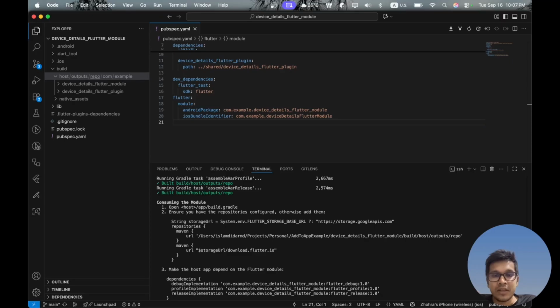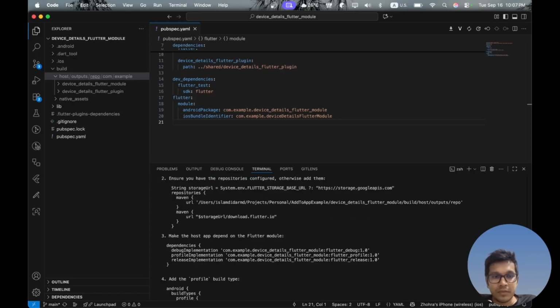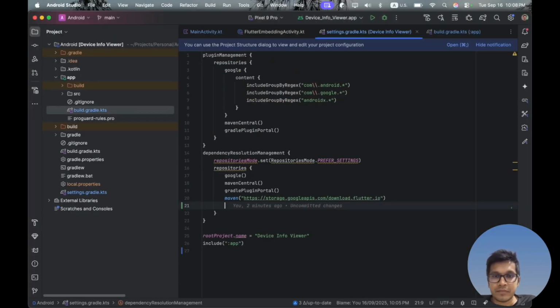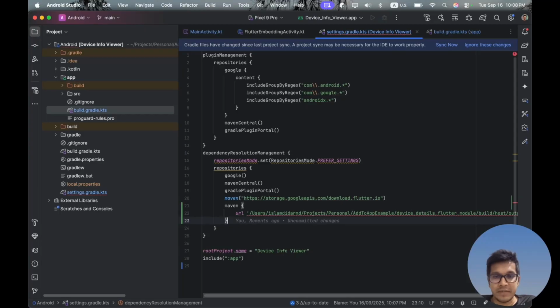This command already has an output with the full path. So we can reuse this part and mention it here as a URL,